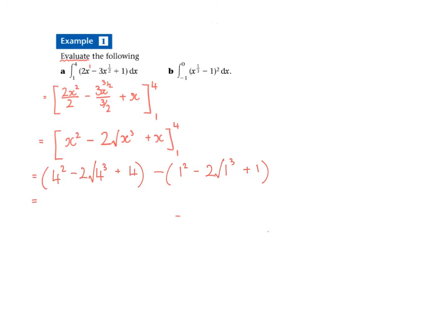If we work these out, it'll be 16 minus 16 and plus 4. And in the second bracket, it's 1 minus 2 plus 1. So we get 4 minus 0, which gives us 4 units squared. The units squared is not entirely necessary, but it's useful to show that you know that it's the area under a curve. Looking at the second one then, for part B,